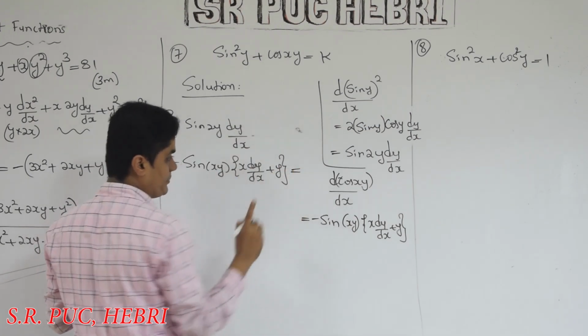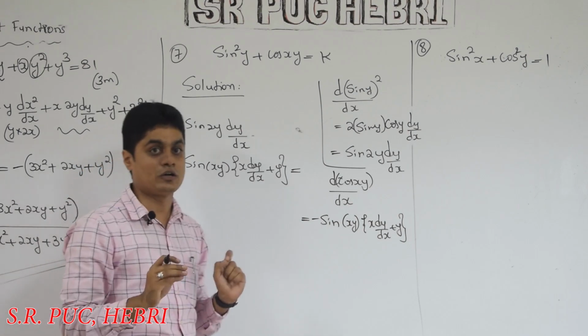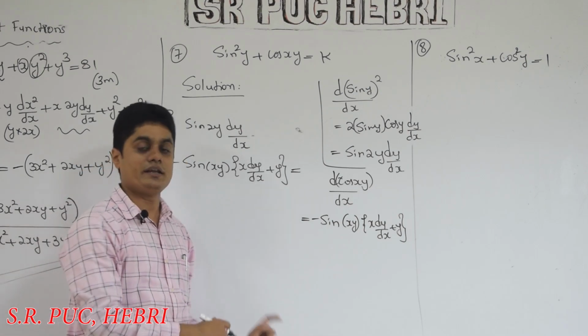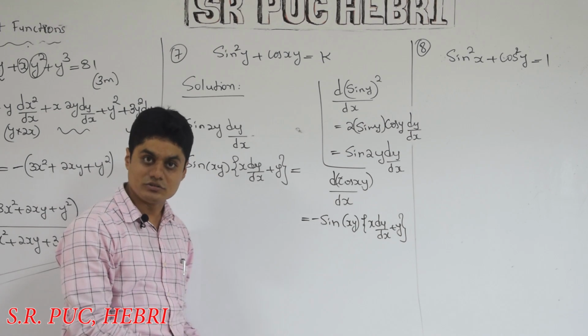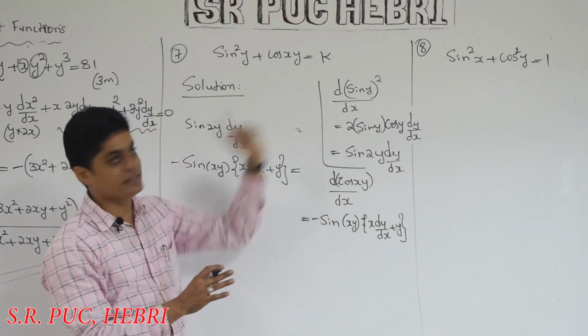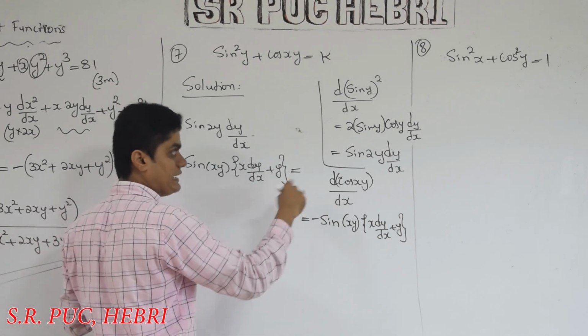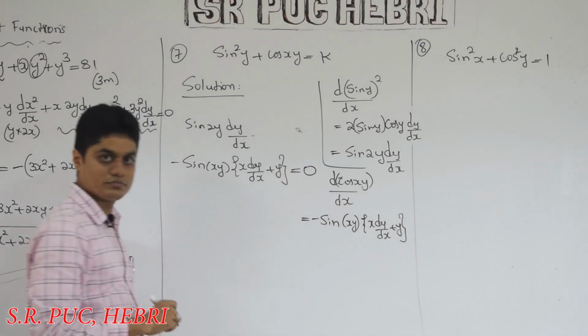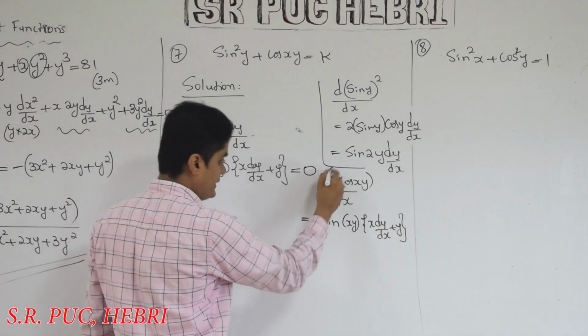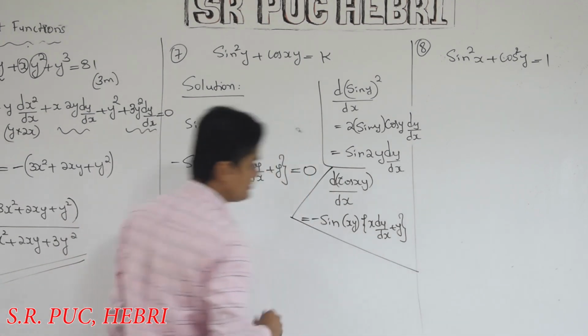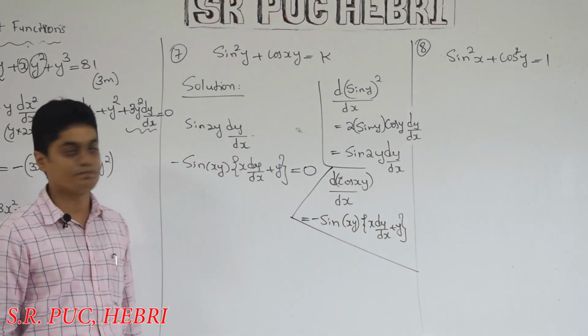K is constant. Remember, in calculus, x and y are only considered as variables. All the remaining English alphabet will be considered as constants. So A, B, C, whatever it may be, will be considered as a constant. So K will be considered as a constant, and the derivative of a constant is 0. I hope you understood. Separately, I did the derivative of the two terms. Observe carefully.